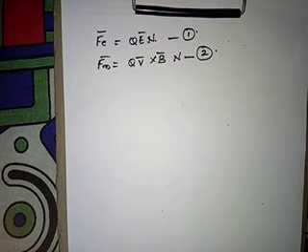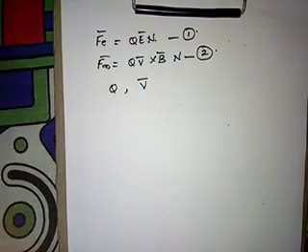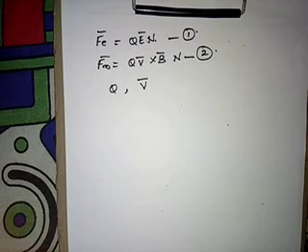The next point is, if there are two or more forces, then the net or resultant effect is the sum of the effect of all the forces. So if a particle carrying charge q is moving with the velocity v bar in the region where there are both electric and magnetic fields present, then the particle will experience both Fe bar and Fm bar. That is the force due to electric field and the force due to magnetic field.